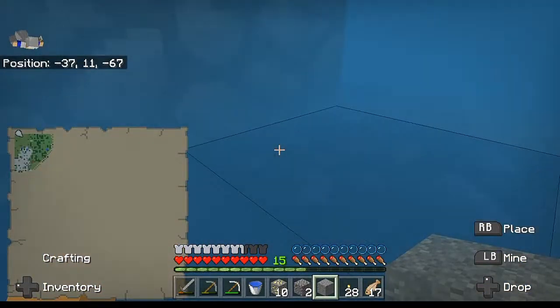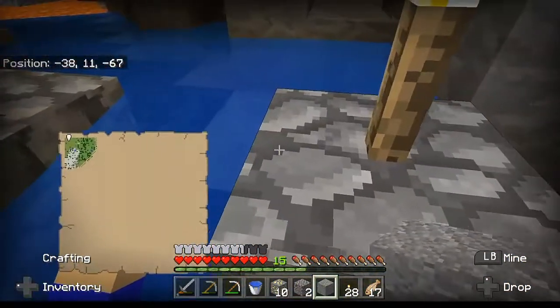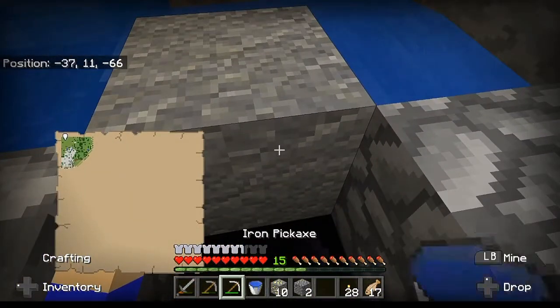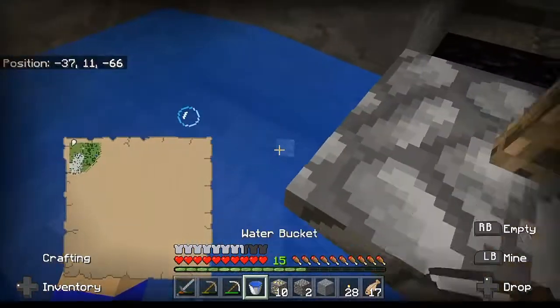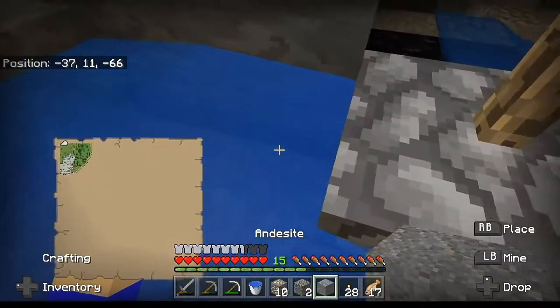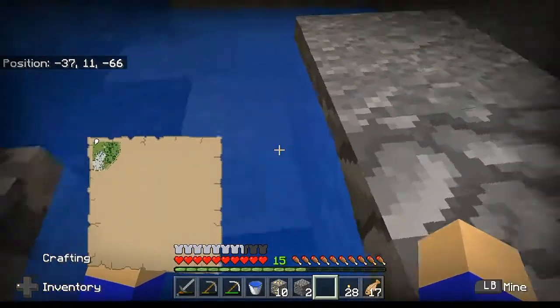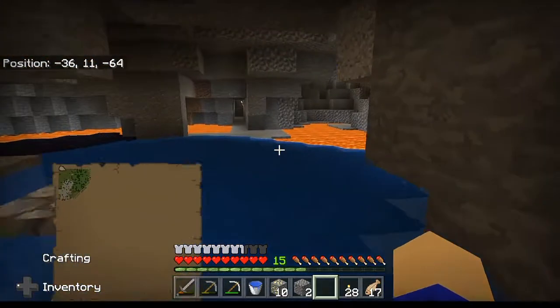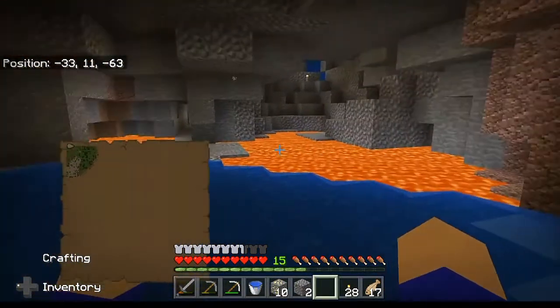How do I get rid of this water? Can I do that? Doesn't look like it got rid of all the water though. Let's go ahead and place that maybe there. Nope, that definitely didn't help. Alright. I just need to find my way back